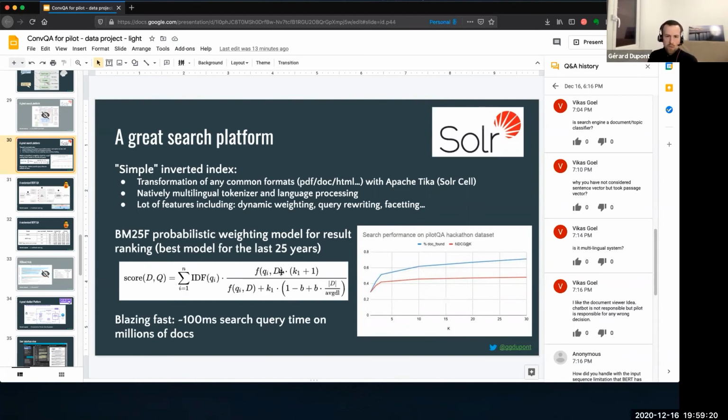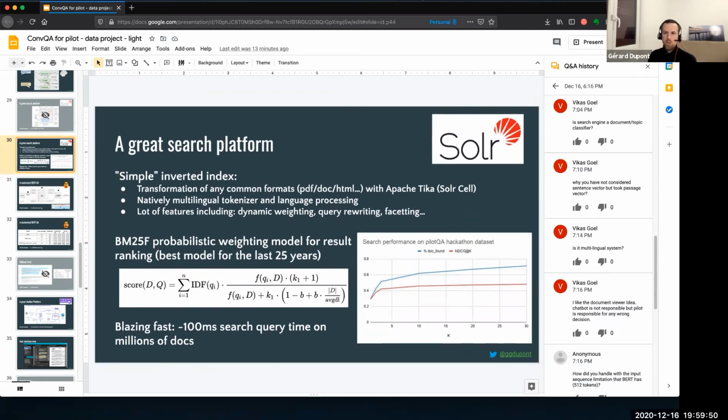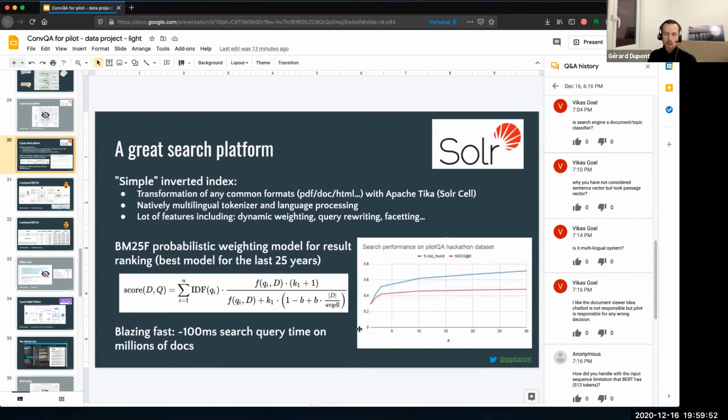I could go a little bit, but I don't remember the parameter keys, k1 and b. These parameters allow you to shape the score of the BM25 into a probability. So the sum of the scores of all the documents equals 1, and you can compare the score from one query to another. So you do not only compare the distribution of the score, but you can directly compare the raw value of the score. And this probabilistic framework gives you just a better score overall.